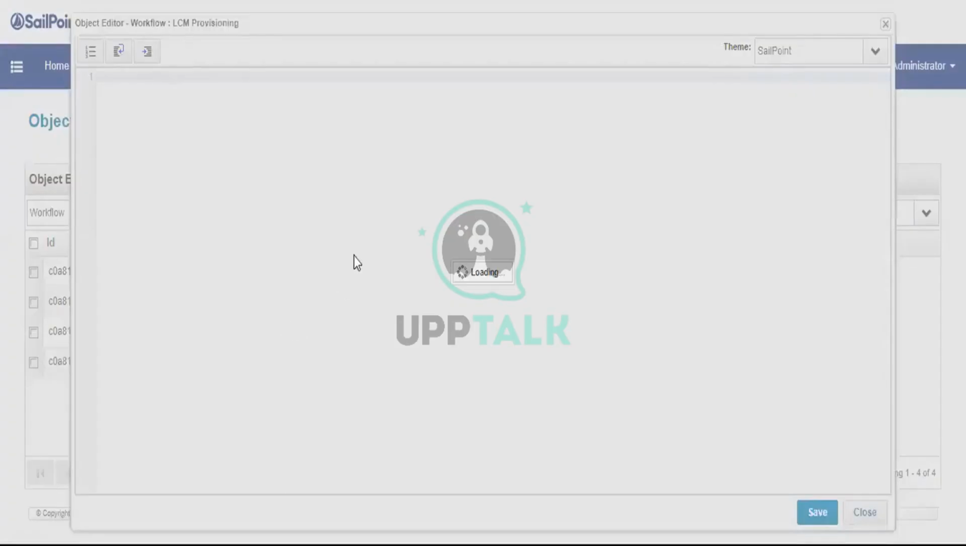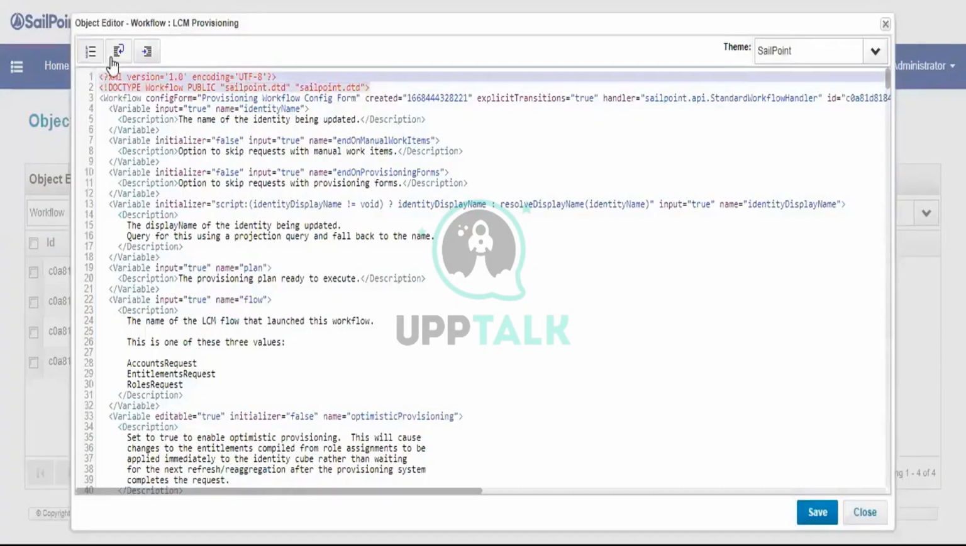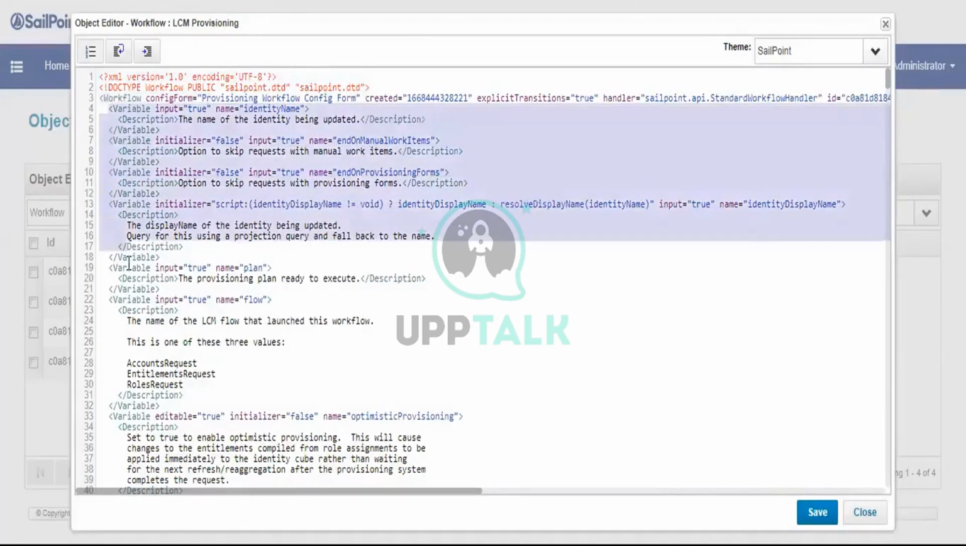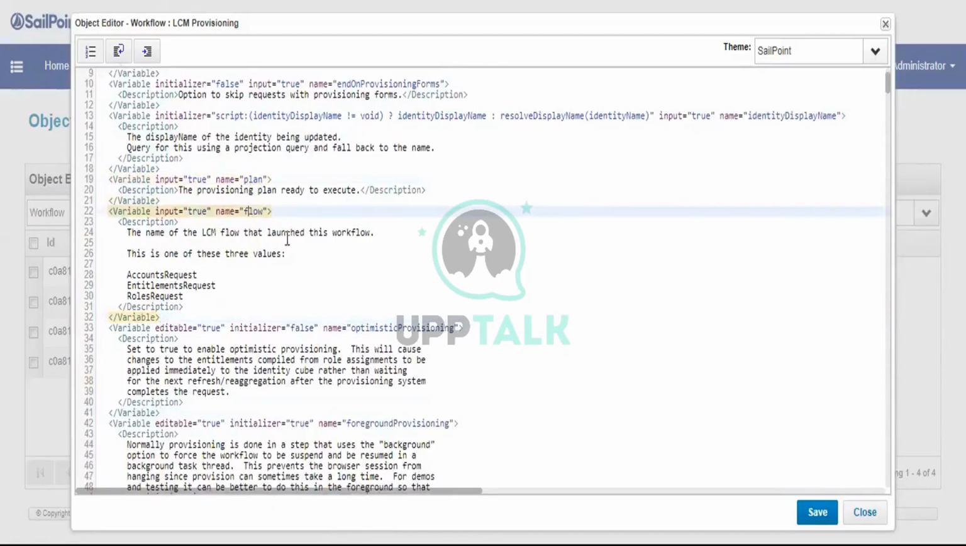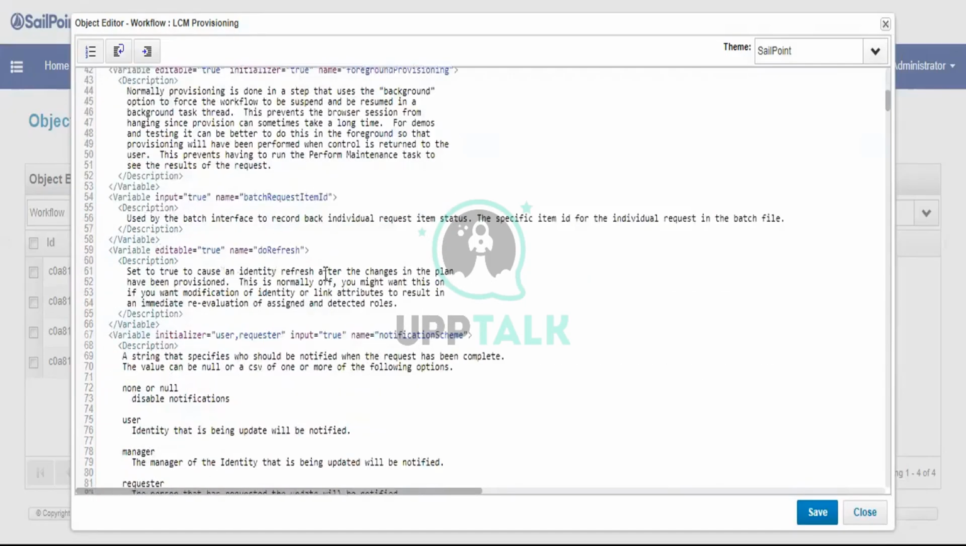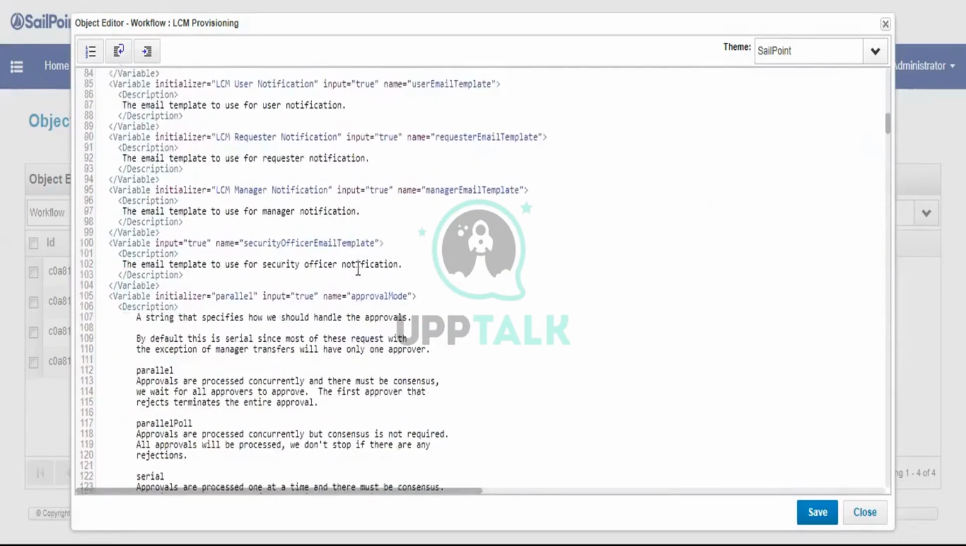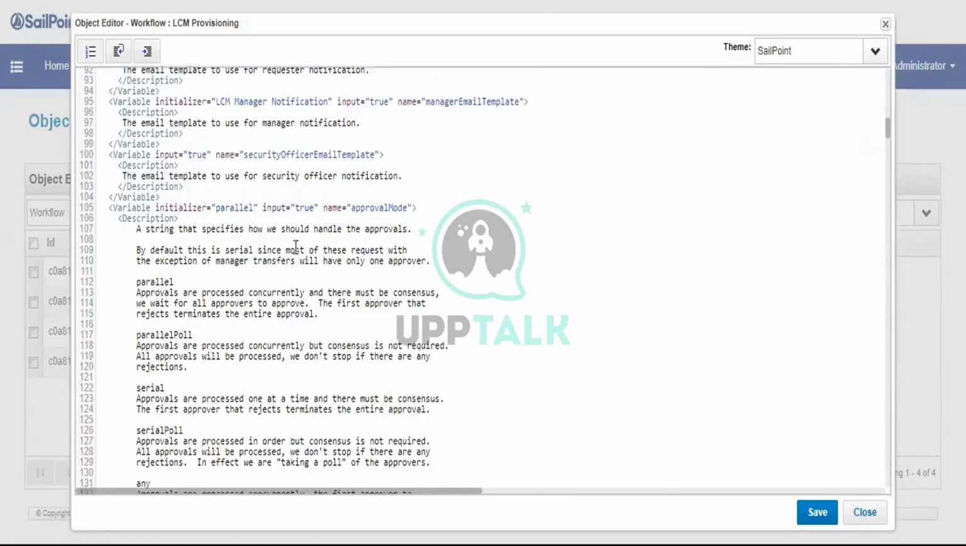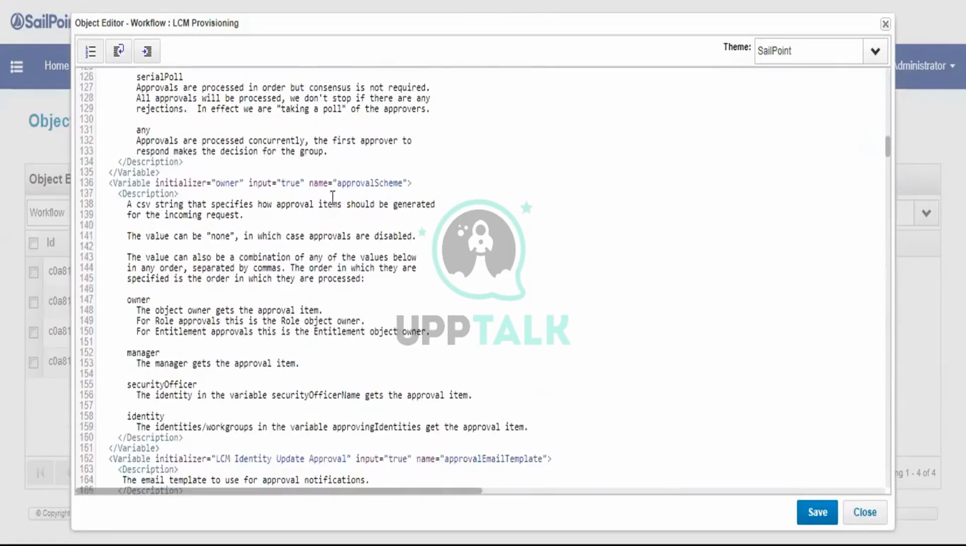Let's open the workflow. Here, this is the XML. This is the workflow name, created, type. A number of things are there. Here we have a number of variables. Using these variables, we can achieve this very easily. We have variables for plan workflow, optimistic provisioning, foreground provisioning, batch request ID and all. Let's find approval scheme. This is the workflow,